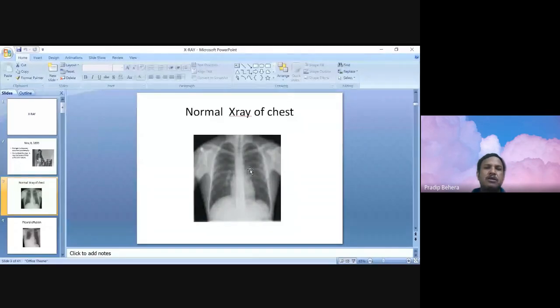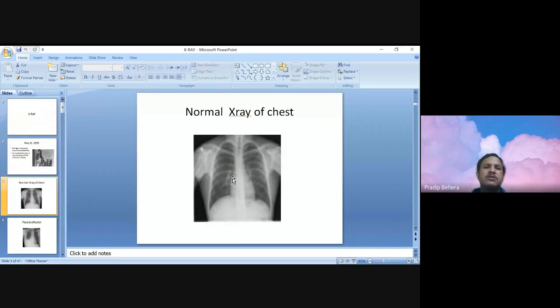Then you describe the cardiac silhouette. In the cardiac silhouette, we find whether the cardiac shadow is normal or there is cardiomegaly. This is the midline opaque shadow, the cardiac shadow, and we commonly ask you what are the structures in the right border of the heart, what are the structures in the left border of the heart. Then identify the cardiophrenic angle, and this is the costophrenic angle. So these three things are commonly asked of students, whether they can identify these or not.